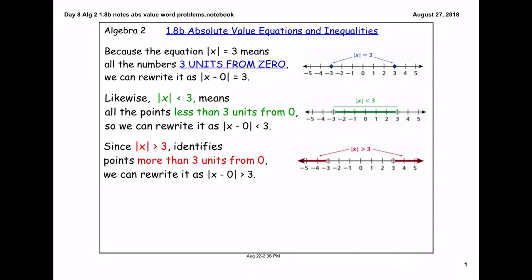1.8b, absolute value in equations and inequalities. Because the equation, the absolute value of x equals 3, means how many units the number is away from 3, or 3 units away from